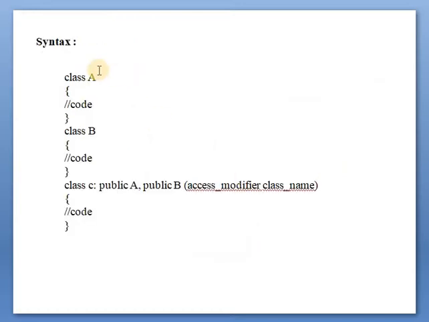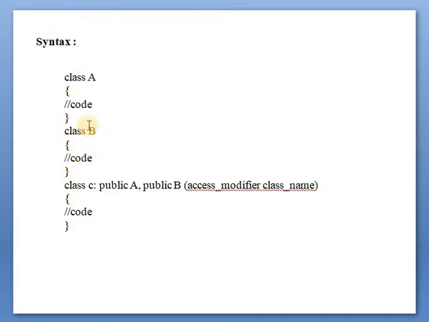So see here the syntax. Class A is a base class. In this we can write its own private, public or protected members. Also we can write the member functions. Next is the second base class, that is class B. Again in this definition of the base class we can write its own public, private and protected data members and member functions.